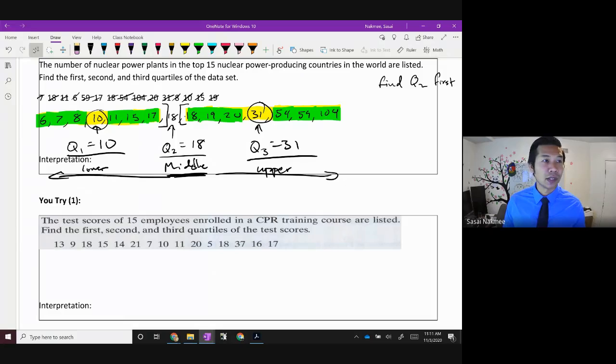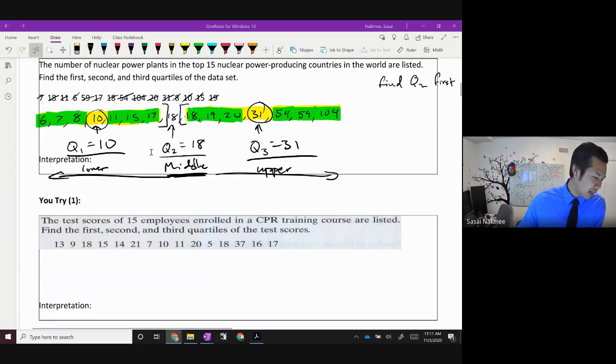All right, so while you guys do that, I'm going to open up something real quick here. We'll talk about the interpretation later, but if you want to talk about the interpretation for number 1, I would say that less than 25%